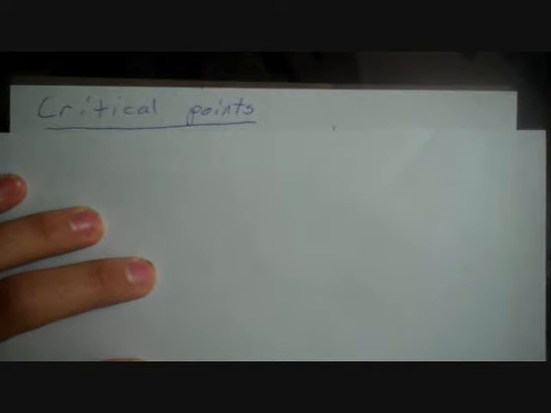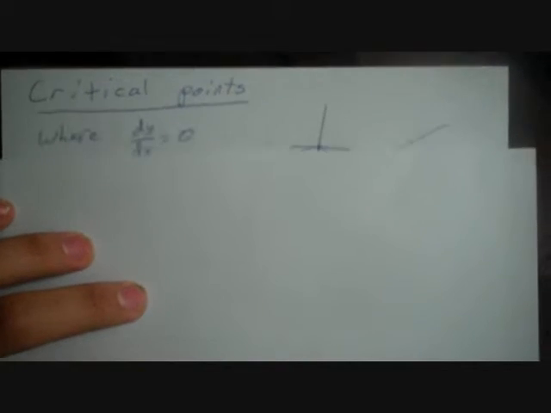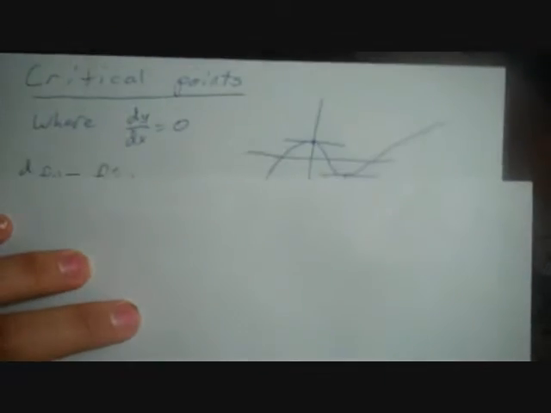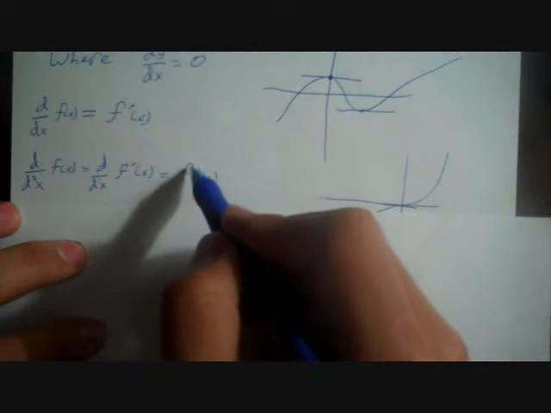Alright, so I'm going to teach you about critical points. Critical points are basically straight up where the derivative of a function is equal to 0. We'll denote from here on out, the derivative of a function as f prime of x, and the second derivative of a function, which is the derivative of the derivative, as f prime